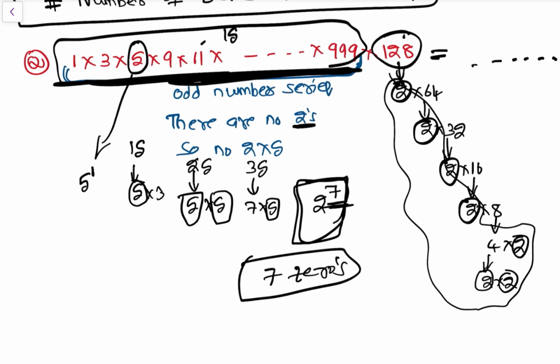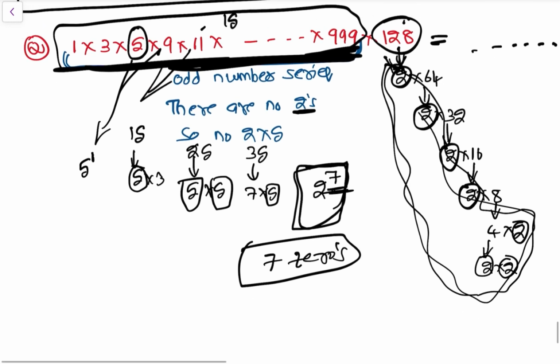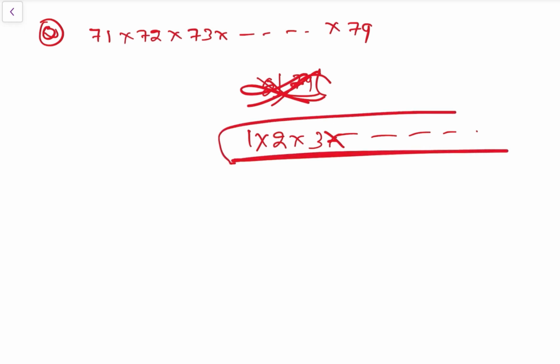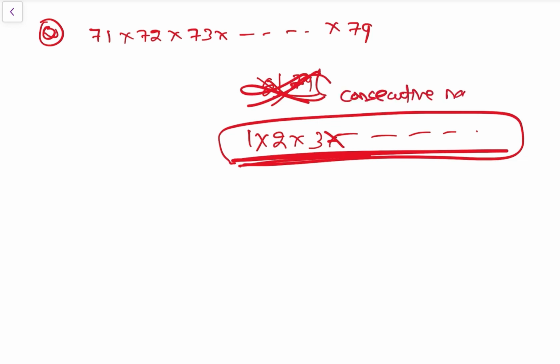so this is mixed series, एक odd number series है, फिर एक even number बीच साइड में डाल दिया, so odd number series का 0 आएगा, so इसमें 2s आएगा, तो 2 into 5 है, so 5s तो इस series में बहुत है, so again very easy question and important question है, these questions can be asked, then again take this question, that is series 71 into 72 into 73 into so on into 79, अब देखो इसमें हम ऐसा कर सकते हैं क्या, 79 डिवाइडेड बाई 5 कर लिया, 5s फाइंड आउट कर लिया, नहीं कर सकता है, बिकॉज वो 1 से शुरू होना है, दैट इज कंसेक्यूटिव नेचुरल नंबर सीरीज होना चाहिए,